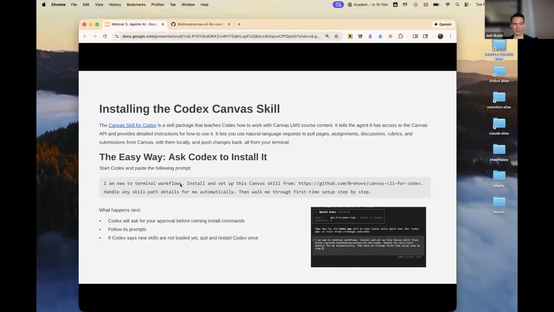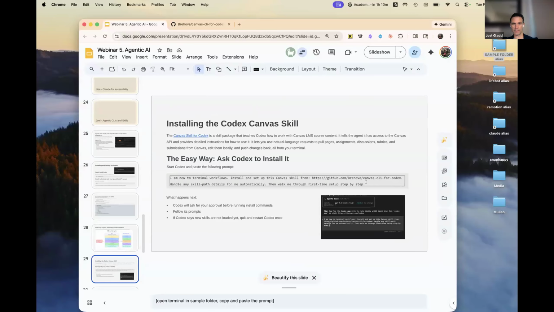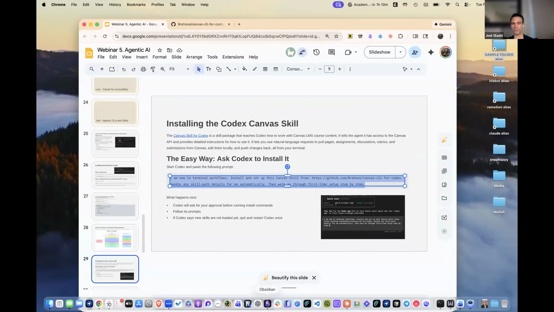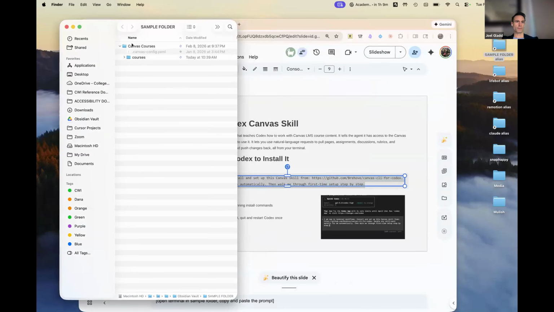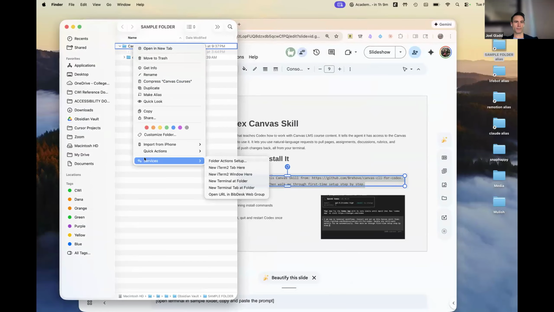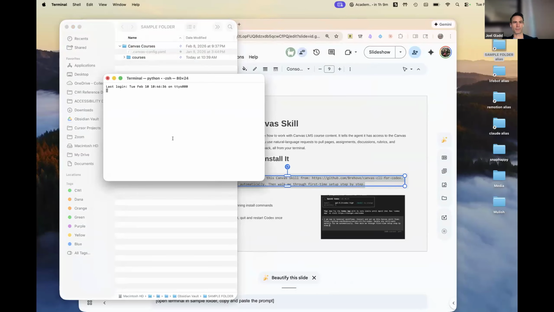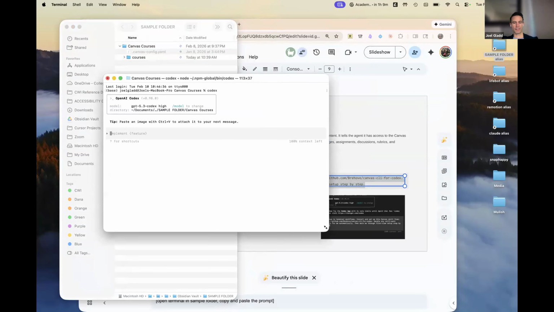So what this says is, if you get set up in your terminal, then all you need to do to install this skill, you can create it from scratch, but I wanted to make this simple. I'm going to open, I have a folder dedicated to Canvas courses. And I'm going to open my terminal there, go to Codex, and then I can just copy and paste this